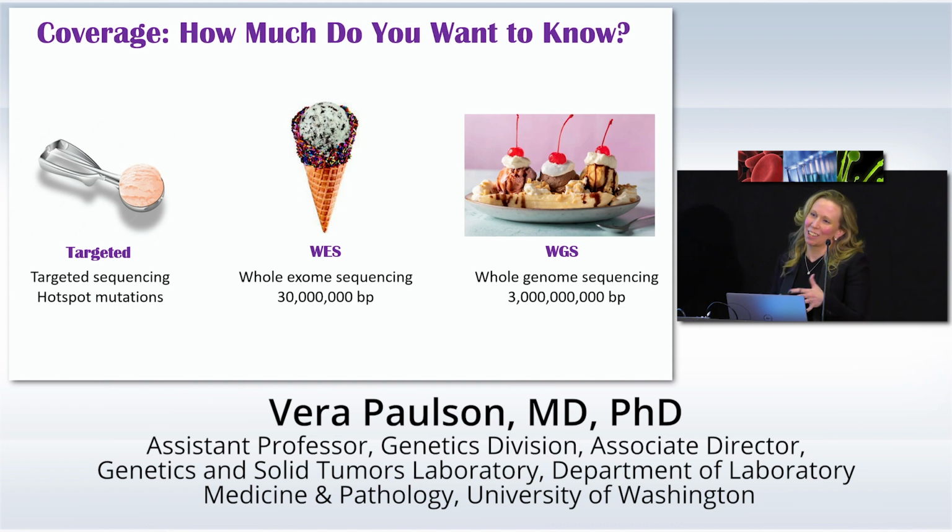And I can say 600 and 601 are super common, but I could rattle off a whole other list of numbers that other places aren't necessarily looking at. Whole exome sequencing, instead of an ice cream scoop, now we have the decked out ice cream cone, right? 20,000 genes that we're looking at. And if we continue with this analogy, then whole genome sequencing would be that ice cream sundae.